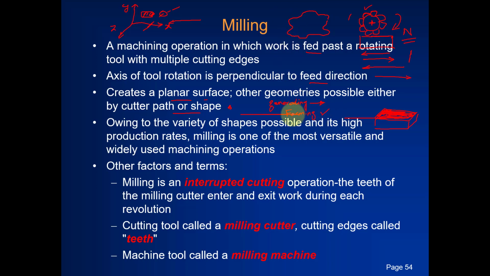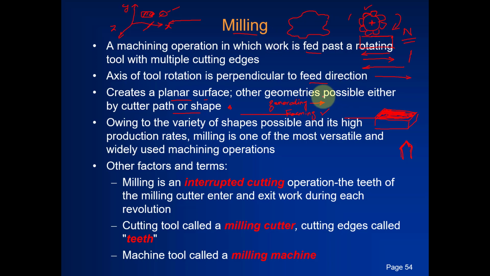The path followed by the tool describes the shape of the workpiece, while in forming, the shape of the workpiece is due to the shape of the cutting tool, just like a V-shaped cutting tool. If you are going to produce V-shaped threads, you will definitely use a V-shaped cutting tool. In that case, the shape of the cutting tool is imparted to the workpiece. That type of operation is known as forming.